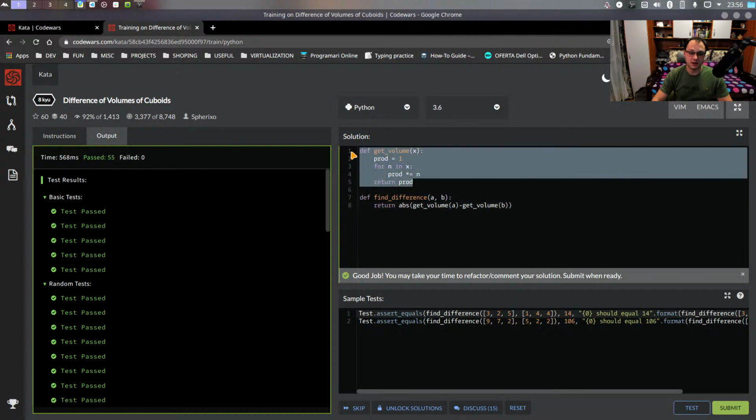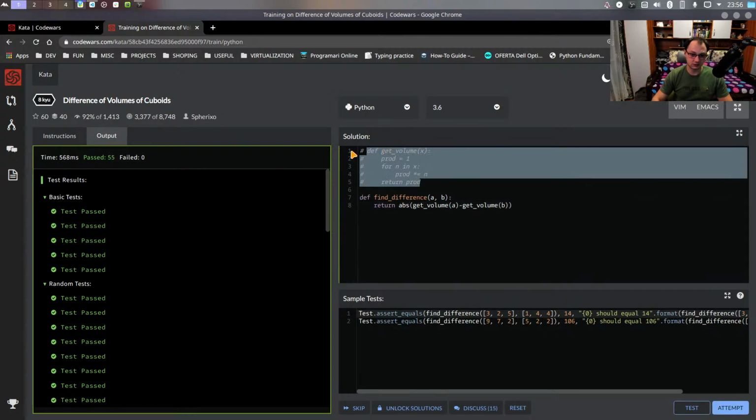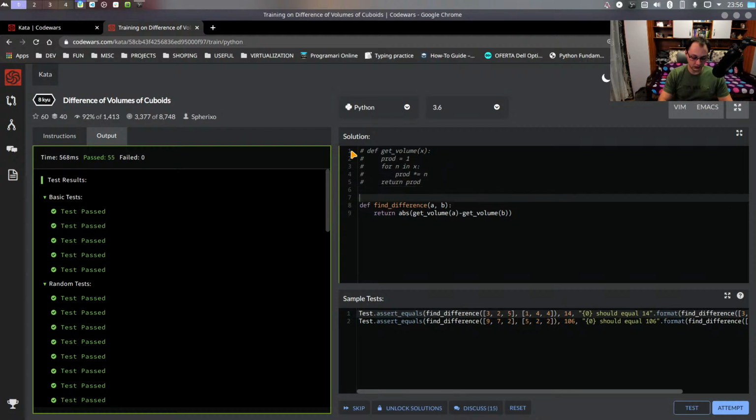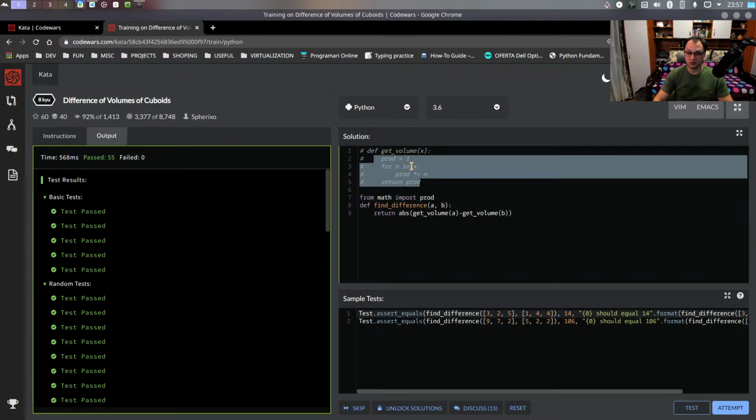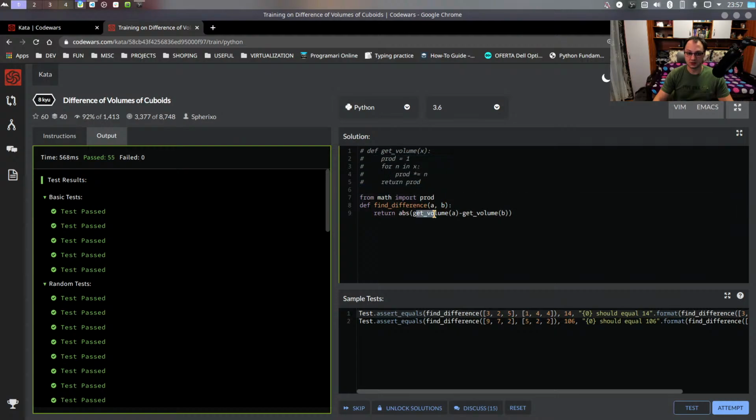Cool. Now we'll comment that out. We'll do an import. Actually, from math, we'll import prod, and this will do basically what this function does, but then we don't need to write the extra code. So here we just need to exchange get volume with prod, and if we test,